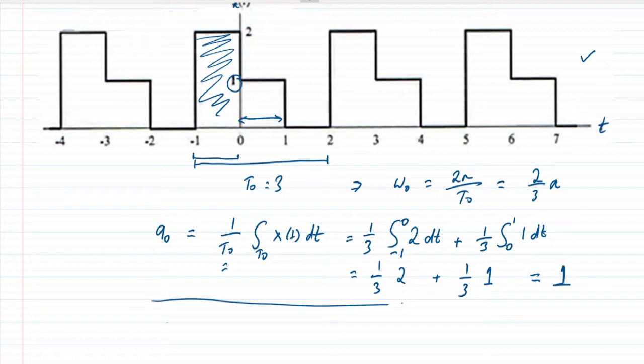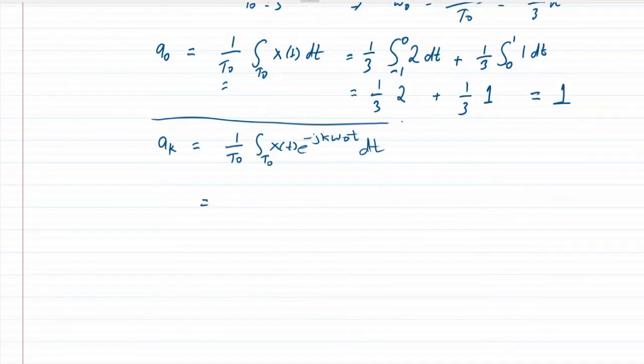Now let us move towards the coefficients when k is not equal to 0. So in that case again we have the analysis expression, which is 1 over T naught and then the integration over T naught x of t e to the power minus j k omega naught t dt. We know that the time period is 3, so we got 1 by 3, and as done over here we're going to break the signal into two parts, the first one starting from -1 to 0,